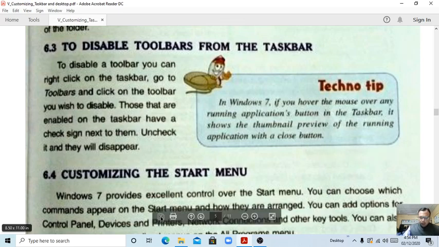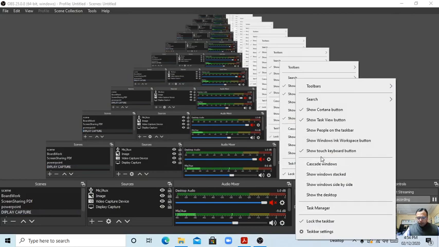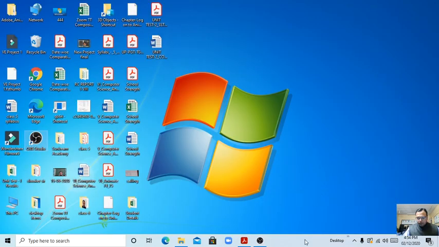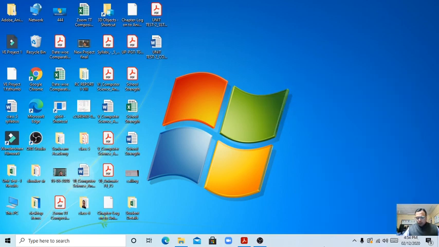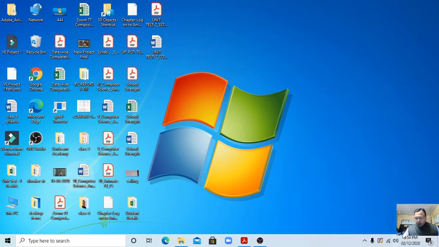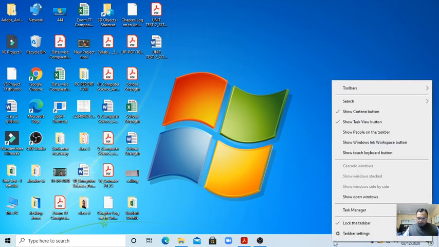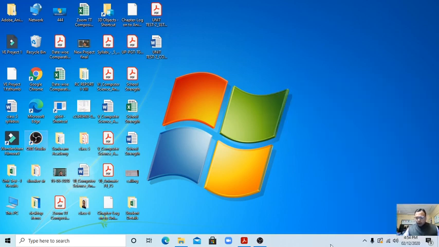Okay, students, here we want to show you this toolbars, desktop, now gone from here. This way we can do it. Whatever we have clicked here, the touch window and keyboard window, if we click here, it will not show. If we right click, it will show. In toolbars, if there is no tick, nothing is showing here.